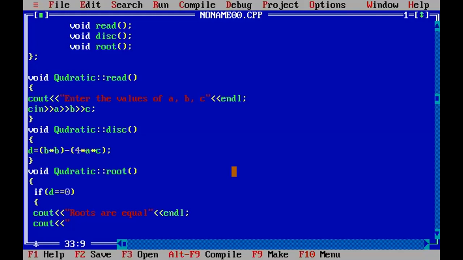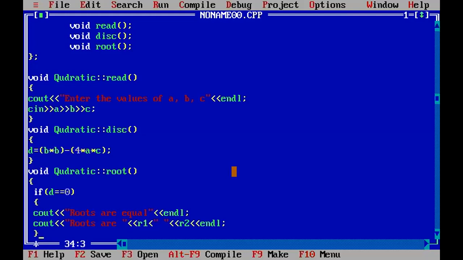So cout roots are, first let me print R1 value, and I'm just going to use a space to give a space between R1 and R2, then print R2, and make use of endl so that the cursor will be moved to the next line. So now this is the first condition which I have written.